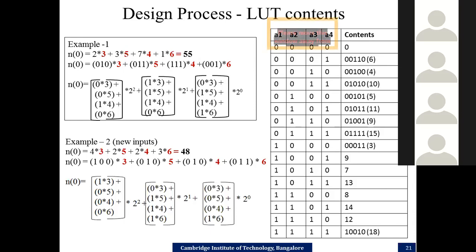So, sir, is it a kind of lookup table thing, where all the brackets' values are already prepared, and then only 2 raised to power 0, 1 or 2 is to be multiplied with the final values? Yes, absolutely correct. So it is the lookup table concept that we know. We are using the lookup table concept because weights are fixed. So we predetermine the possible combinations and we take it as a lookup table. Can we further add on, even multiplication is not needed? Yeah, I'll continue. I'll complete the design.